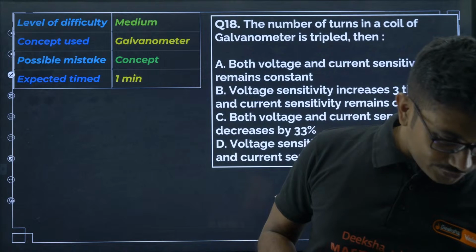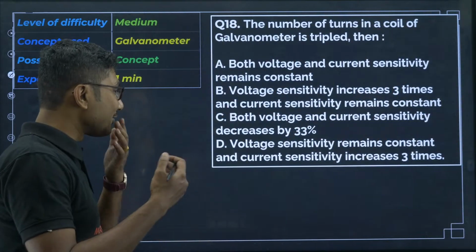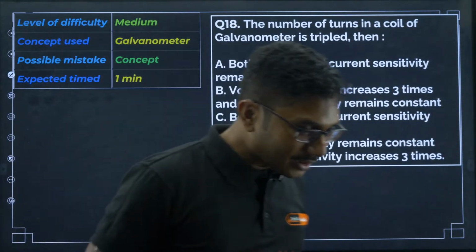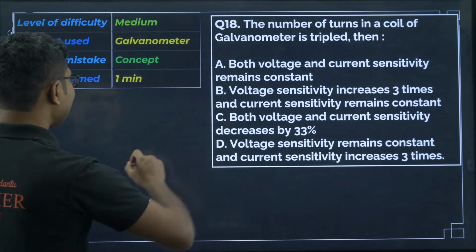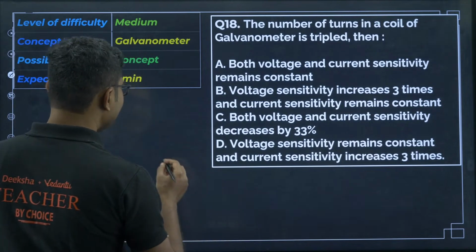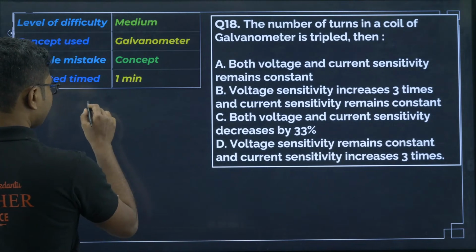Muhammad Ryan Roshan. No, study person, let me answer the questions first. So Muhammad Roshan is saying option D. So why option D? You have to understand that the current sensitivity is basically given by, so if you consider